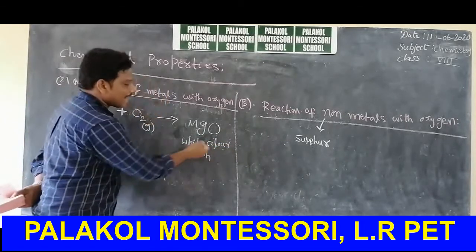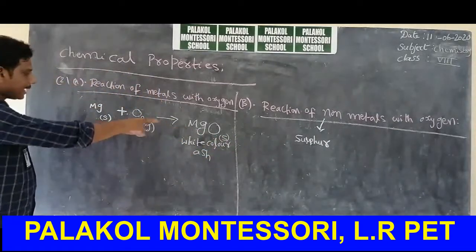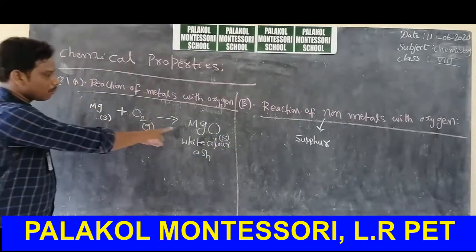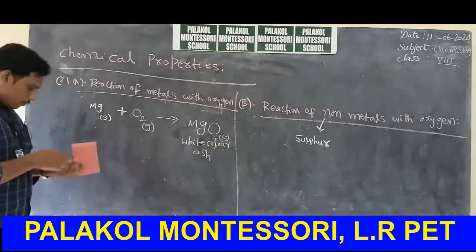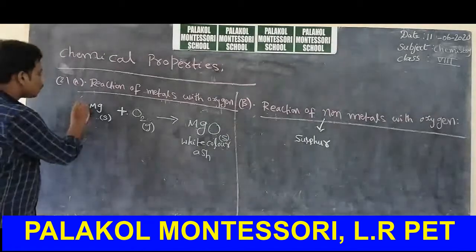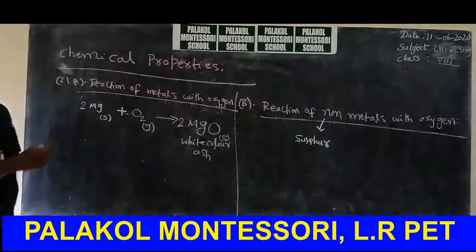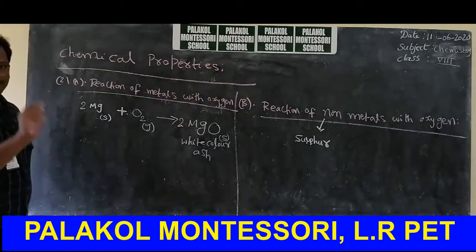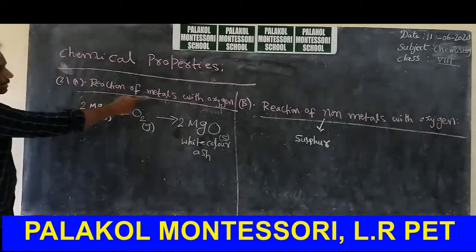Okay, the white colored ash is also present in solid state. This is called magnesium oxide. When magnesium reacts with oxygen, it produces magnesium oxide. Here the chemical equation was not balanced. So for balancing this equation, 2Mg plus O2 gives 2MgO. In your 9th class we will discuss balancing of chemical equations. Just listen to that particular balancing. Reaction of metals with oxygen.